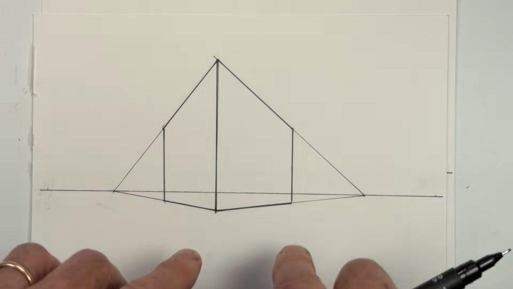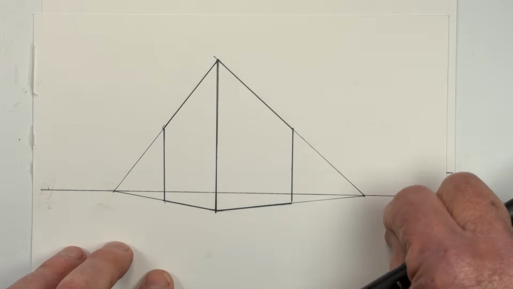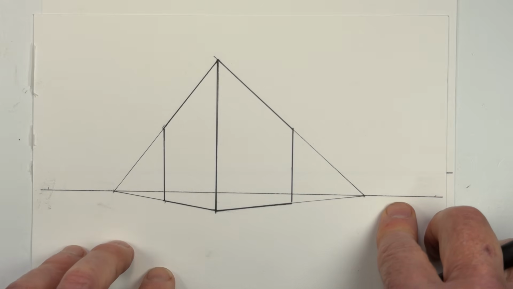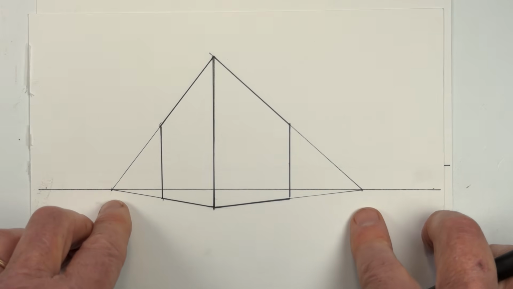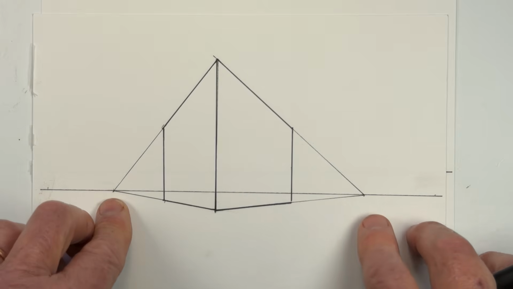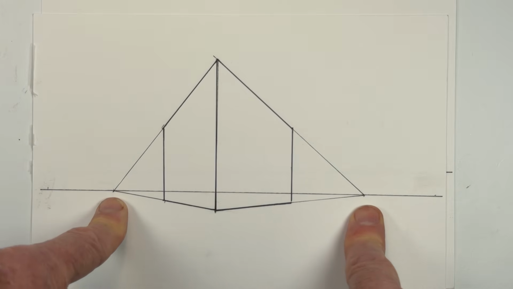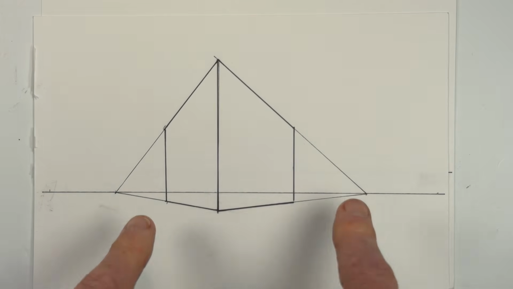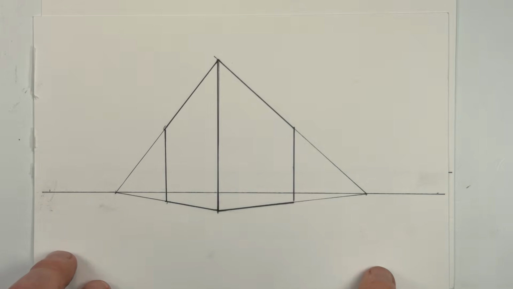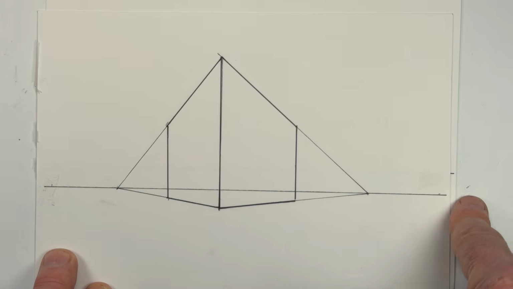Now, this box can represent a building, but you'll notice that these lines stand in for how these walls would look if they extended as far as we could see. In fact, if the walls went as far as the horizon, at this point and this point, the walls would vanish. And that's why we call them the vanishing points. Now, in a given scene, there can be lots of different vanishing points. There can be more than just 2, but they will always be on the one horizon line